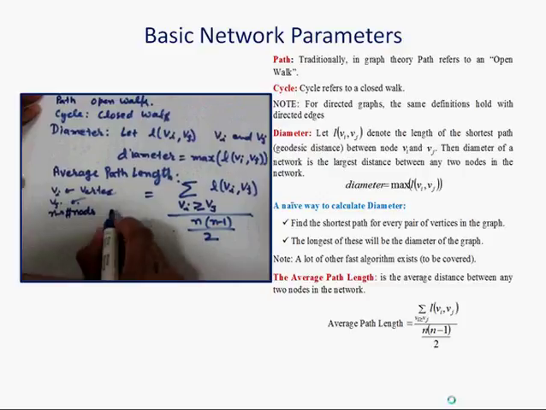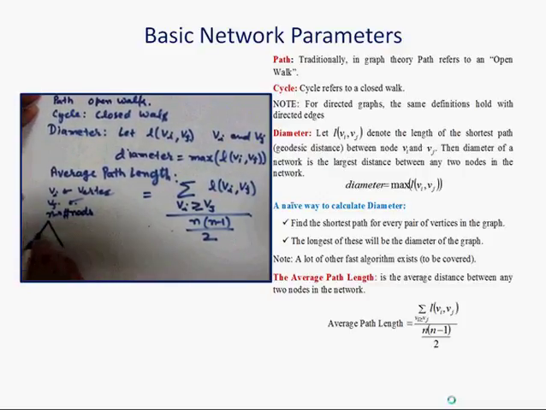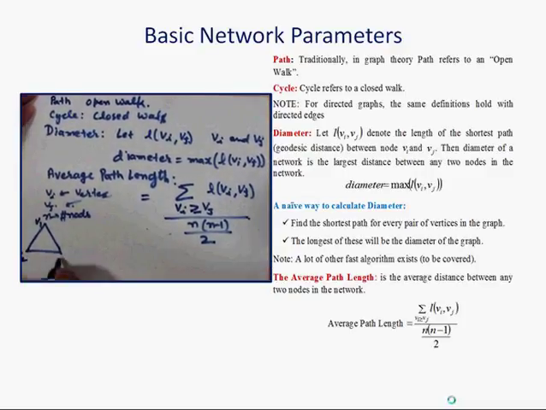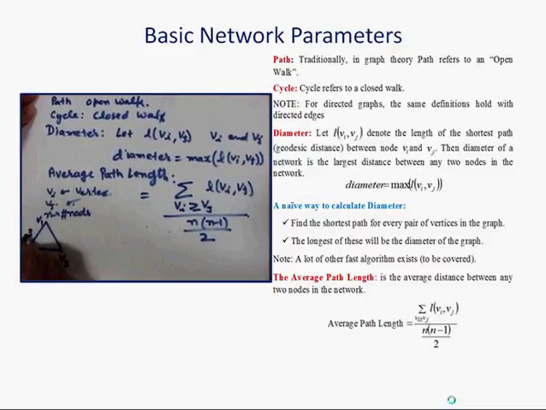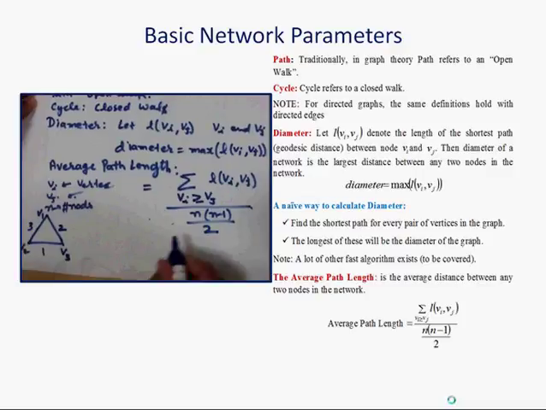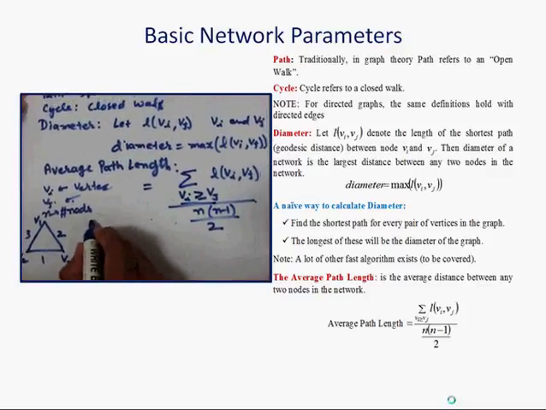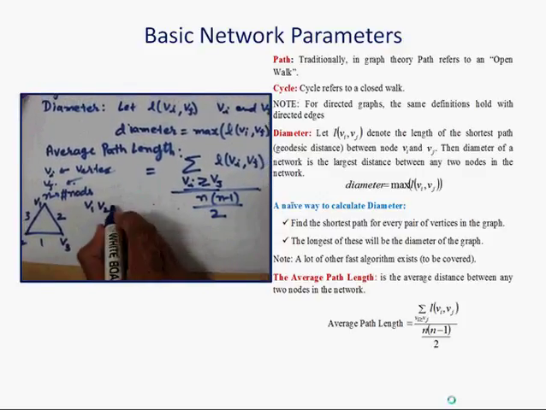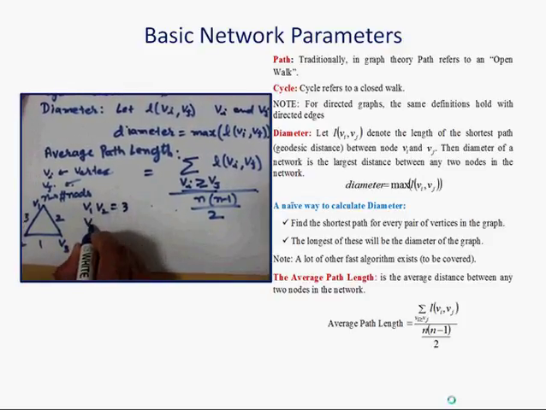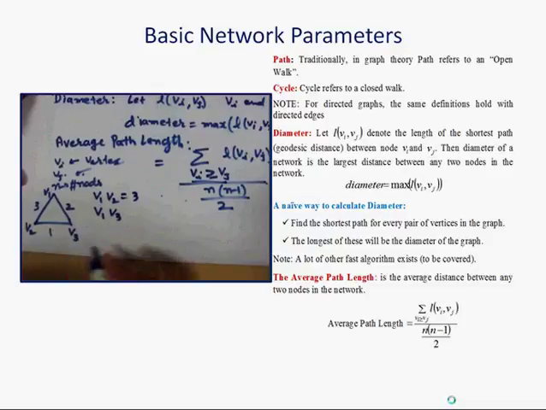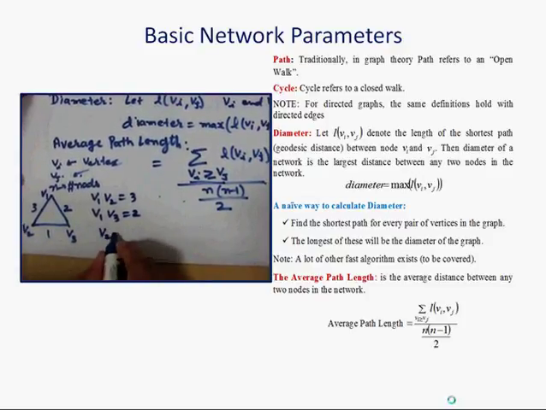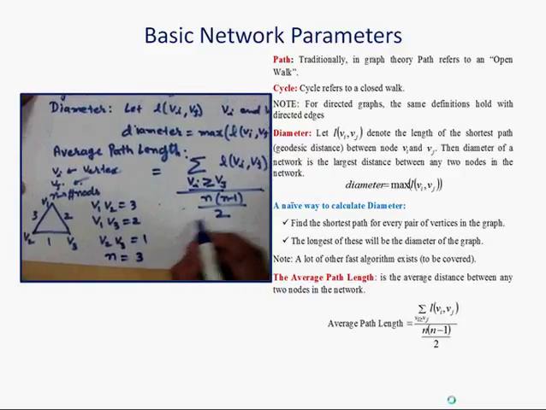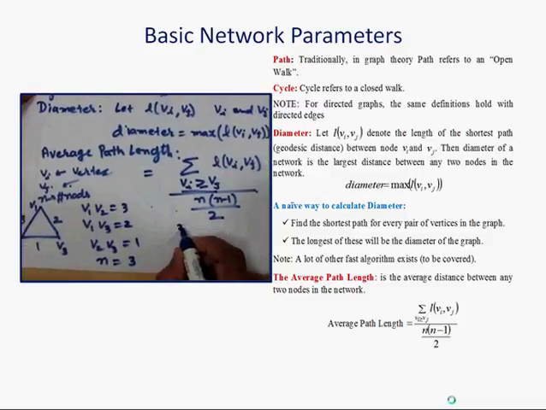For example, suppose we have a graph like this, with edge lengths like this. Then according to this condition we will take the pairs V1, V2, V1, V3 and V2, V3. The number of vertices is 3. So the average path length will be 3 plus 2 plus 1 divided by